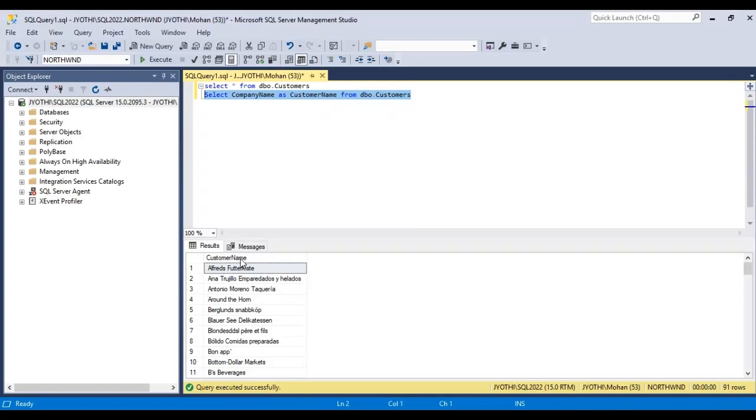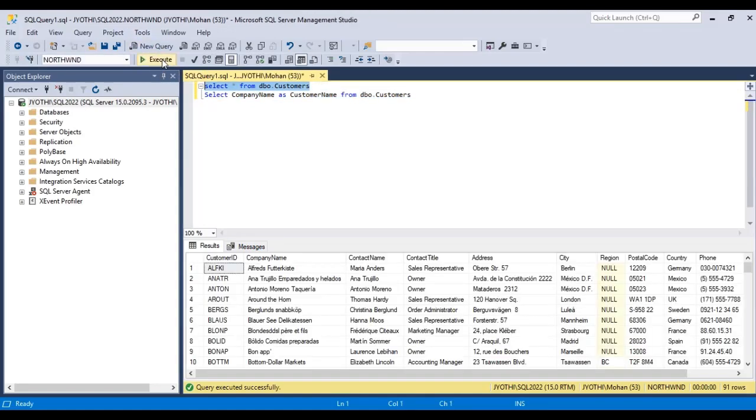So let us now create two aliases. Let us select the columns here. For customer ID, let us replace this with ID, and company name as customer.